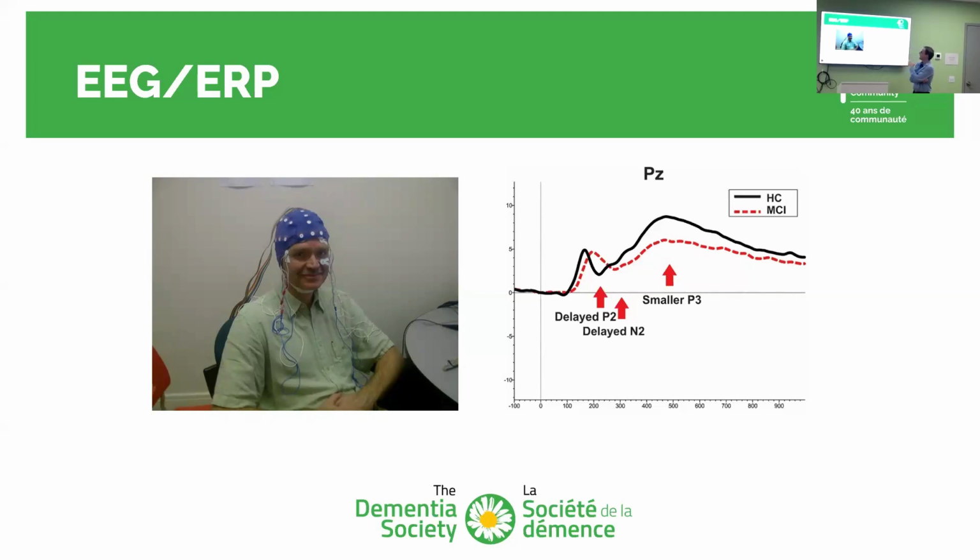So studies have been looking at normal brain waves and electrical signals that we can see in EEG. After doing a certain task, you might have a little spike in certain brain activity. And in some people who are having problems with mild cognitive impairment, that spike might be delayed. So you can see that their processing of certain information is slower. That's something that's being looked at as a way to help diagnose as well. And again, it would be a little bit easier to do than the PET scan or a